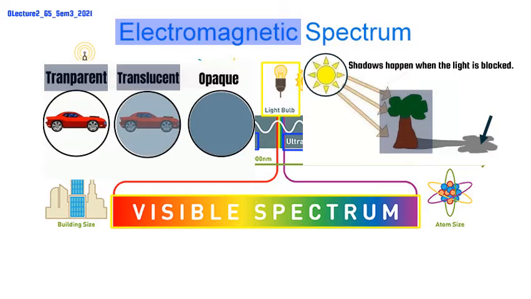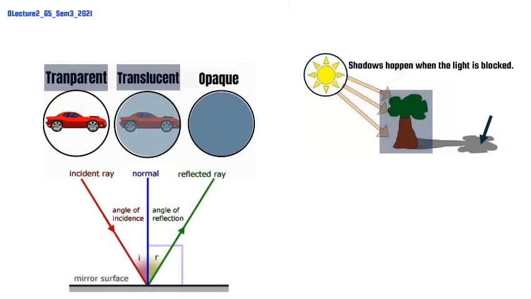Some opaque objects have smooth surfaces, such as the mirror. So here is a mirror surface. It is so smooth, it reflects light. When an incident ray hits the surface of the mirror, it reflects. How do we draw the reflected ray? We should start by drawing a normal. Then we measure the angle of incidence. The angle of incidence must be equal to the angle of reflection, and this is how we will get the